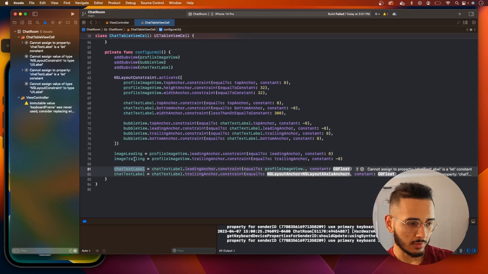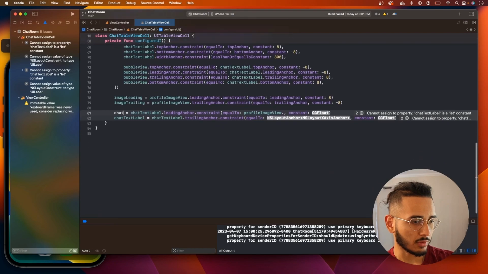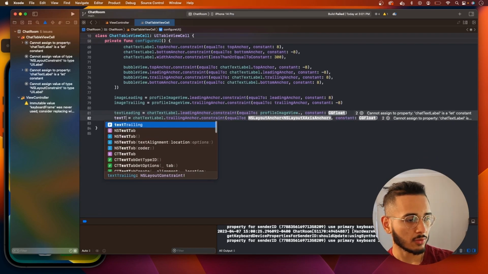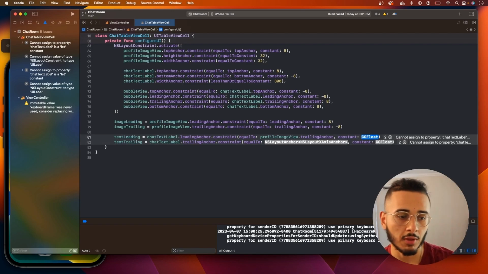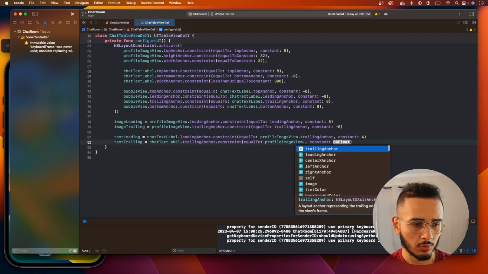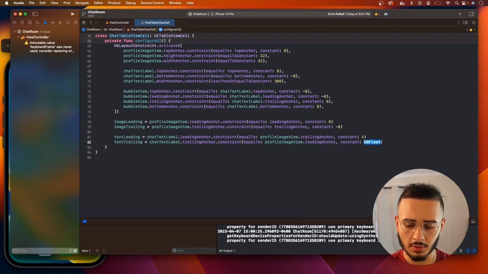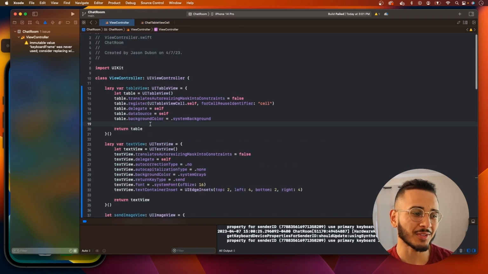So, and this is not even the right. This should be leading, is it not? Or it's text leading, text trailing. So this will be based on the trailing anchor of the image view. Let's add some padding of 4. This would be based on the leading anchor of the image. Add some padding of 4. And we did a lot of coding, right, without running this, so it's gonna be interesting to see if this